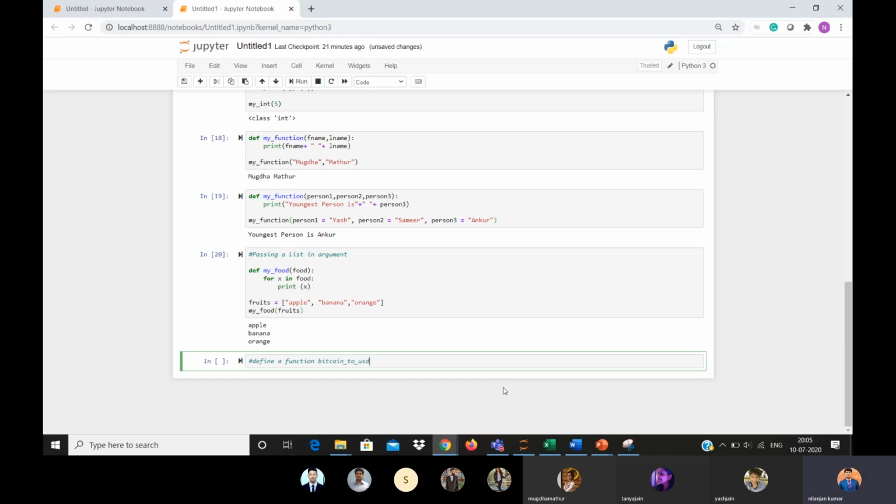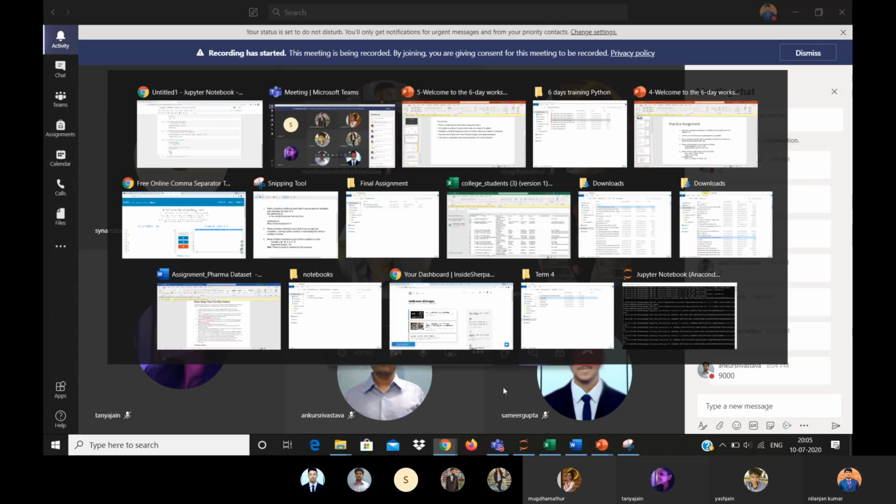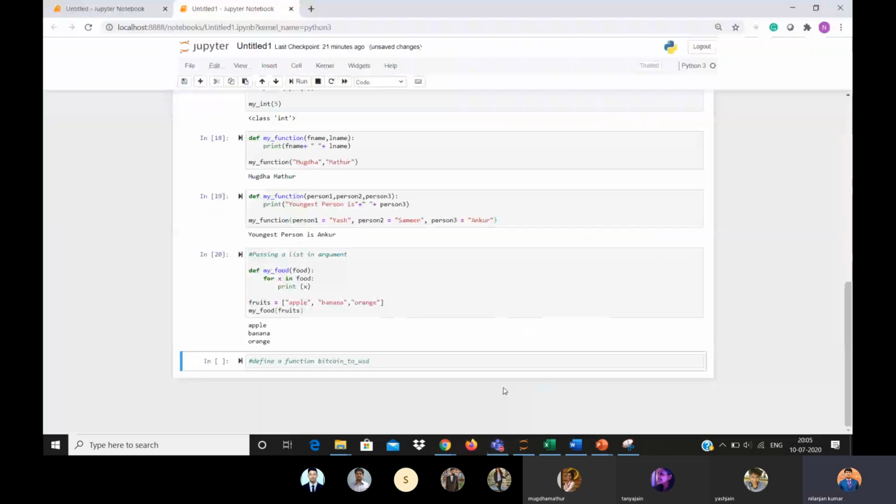Really a simple one. You can try it, take 5 or 10 minutes. 5 to 10 minutes is, I think, better. So try it once, then I will solve this thing. It will be easy. Just follow the steps which I told you.